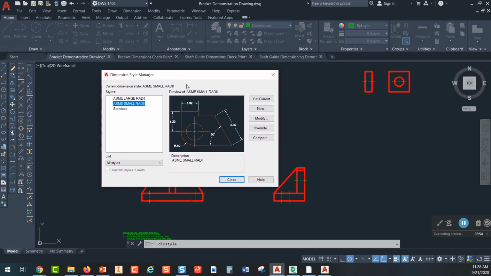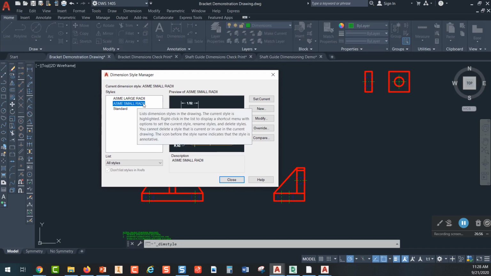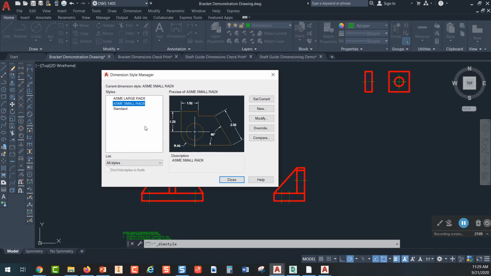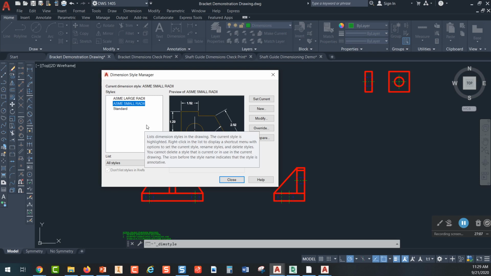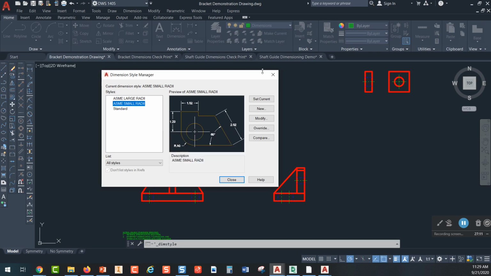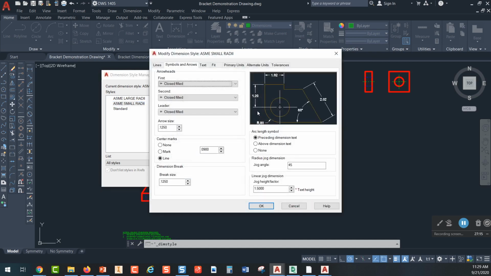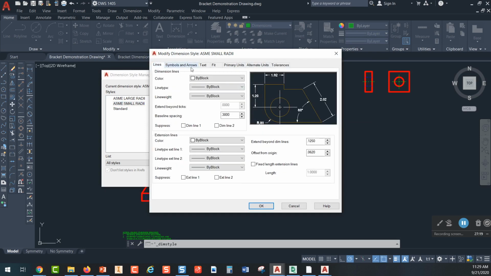All right. So the videos are going to show you how to make a dimension style. And I've already made a dimension style called ASME small radii. And that is what the first dimension style is going to be that you make. And you'll want to watch the video on how to do that. But just to show you what some of these settings look like, I'm going to pick on Modify. And so if we go to Lines over here, for example,